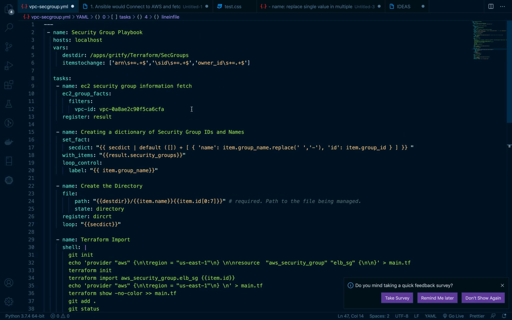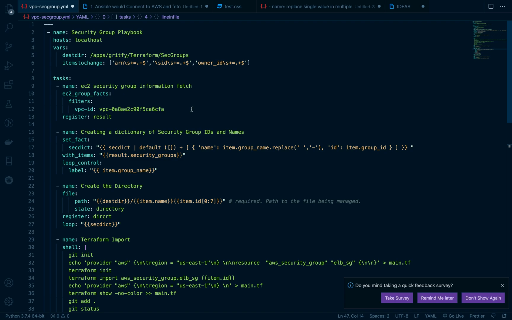Before executing it, I want to tell you, for Ansible and for Terraform to connect to AWS, you have to have AWS programmatic access. If you don't know what programmatic access is, you can go ahead and read an article which I have hyperlinked about how to set up this programmatic access. Programmatic access is nothing but you would have to set up an AWS access key and a secret key in your environment variables, so that Ansible and Terraform would be able to connect and perform the automations for you.